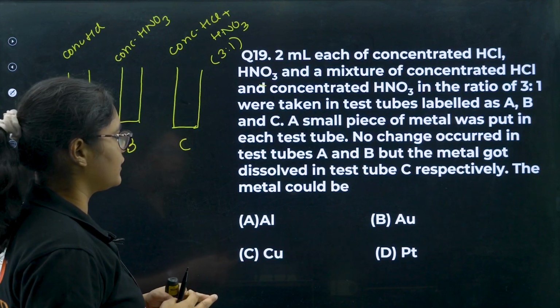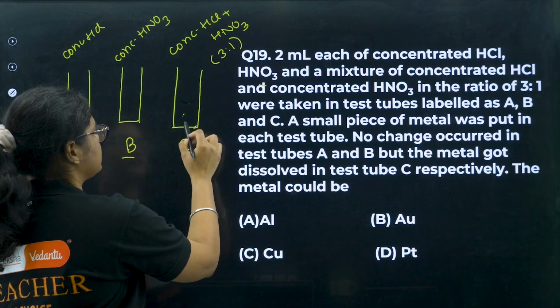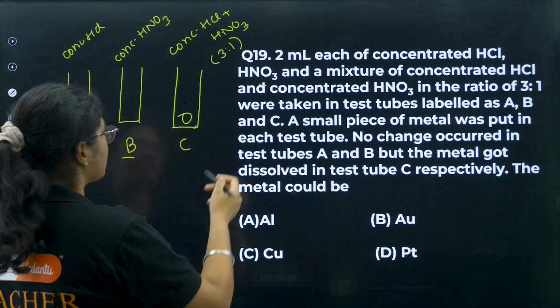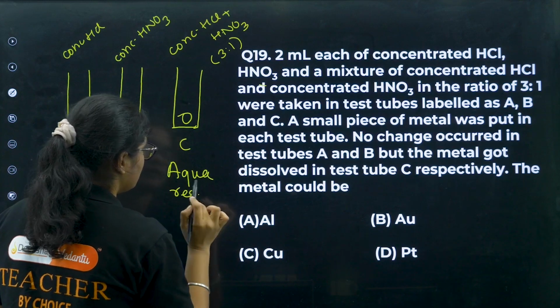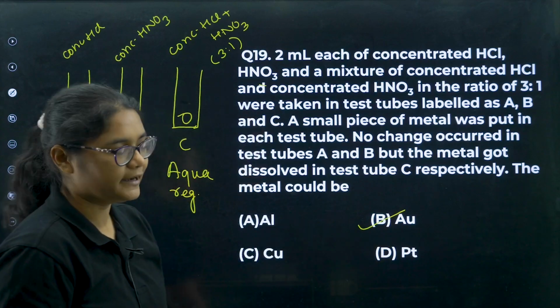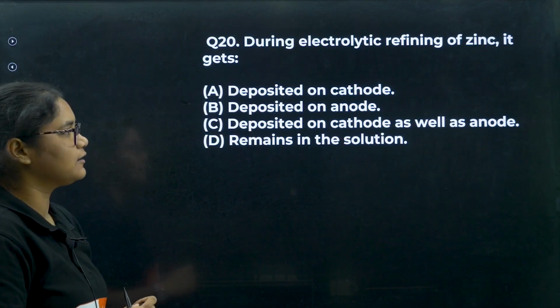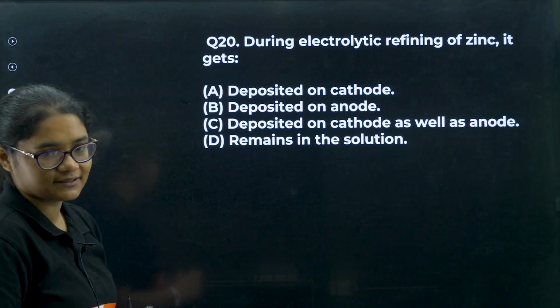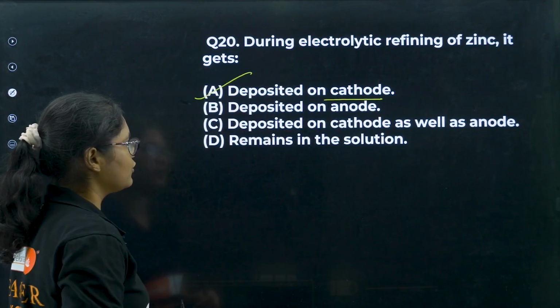Now, no change occurred in test tubes A and B, but the metal got dissolved in test tube C. Now, you can easily guess that this is aqua regia, right? If aqua regia is there, then which metal will get dissolved in it? Gold, right? So, option number B. Next is question number 20. During electrolytic refining of zinc, deposition always happens at the cathode, so it gets deposited at the cathode, option